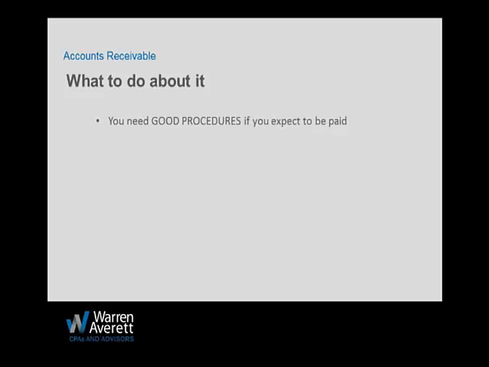You need to have a proper procedure in place to be able to collect money from patients. If you don't have a sign on your door already that says something like copays and deductibles are due at the time of service, that's an easy gimme. You should have that up there. Your patient should expect to pay copays and deductibles for the services that you're about to render.